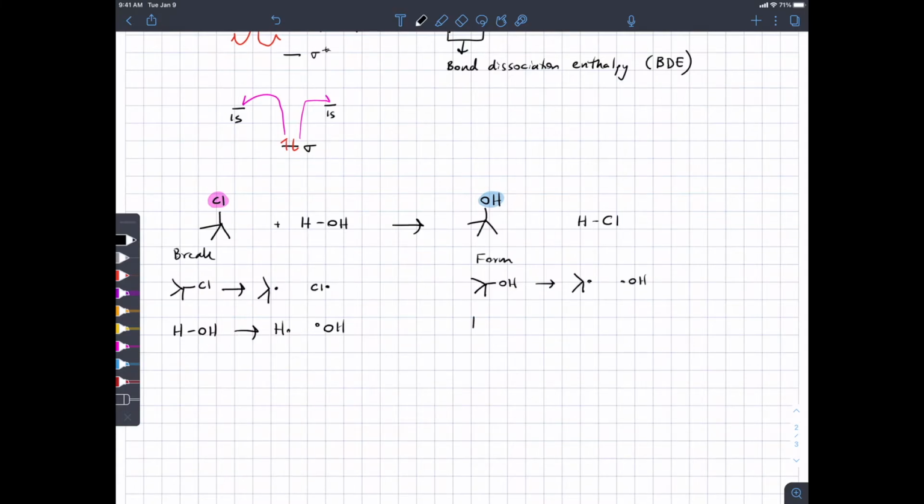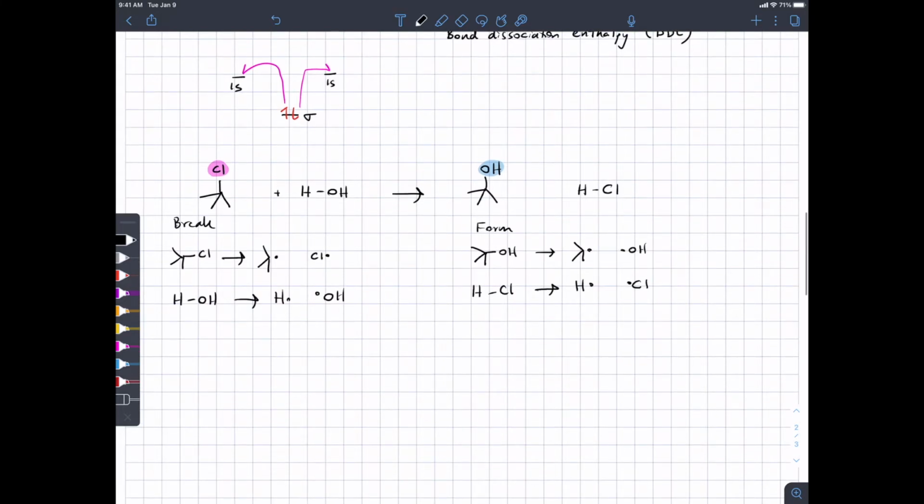And then I'm also going to want to know the bond dissociation enthalpy for the hydrogen-chlorine bond. Okay, and I can look these up in a table. I'm trying to figure out how much I care about kilocalories per mole versus kilojoules. Your text does math in kilojoules. I prefer kilocalories per mole just because of historical reasons, but I guess I can let go of that.